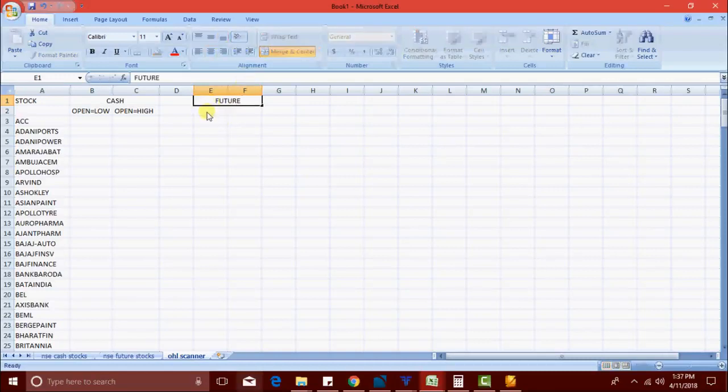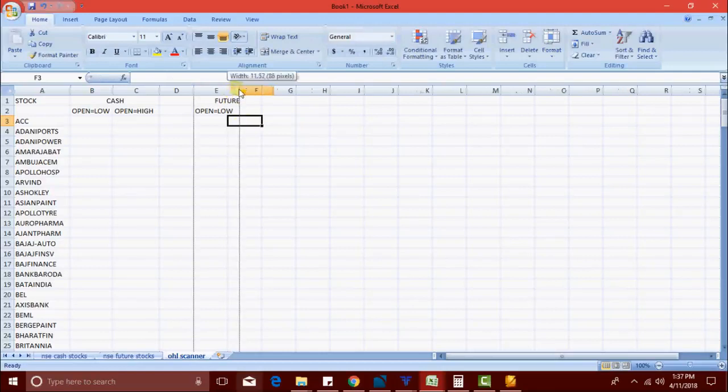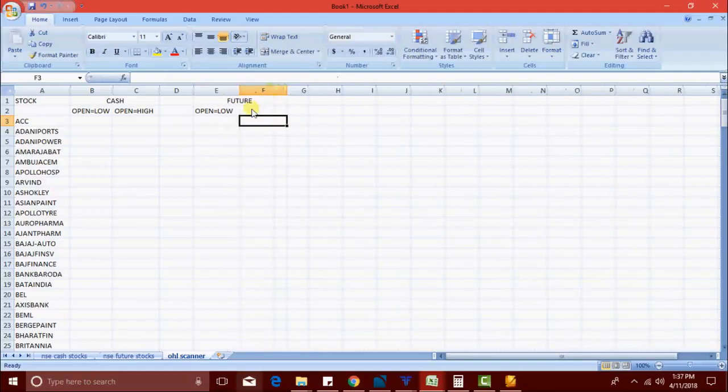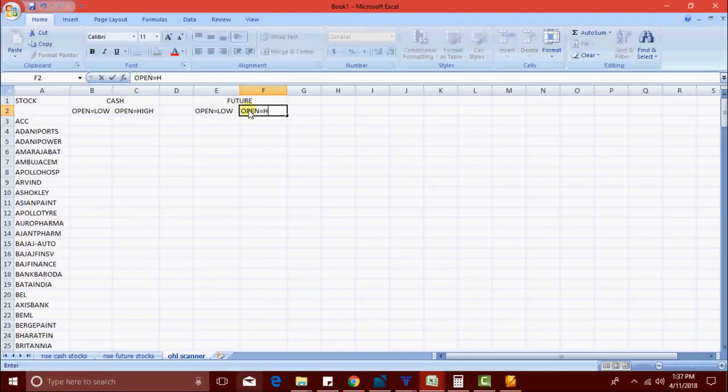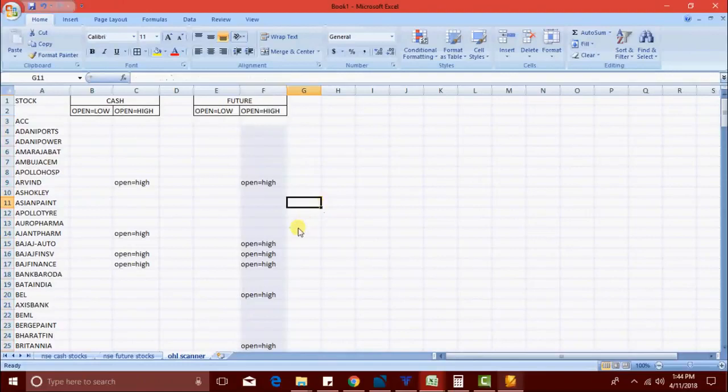So this is future, open is equal to low and open is equal to high. Now we take data from both cash and future.